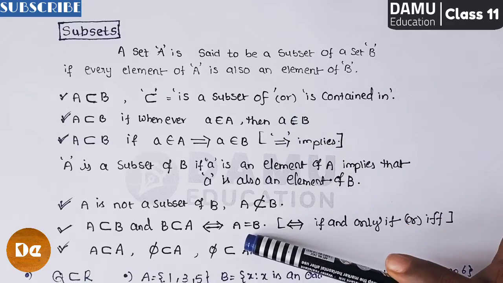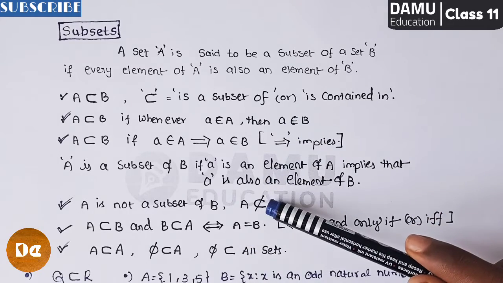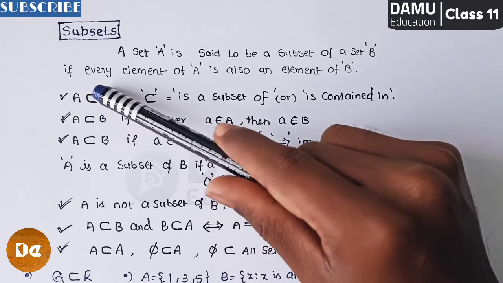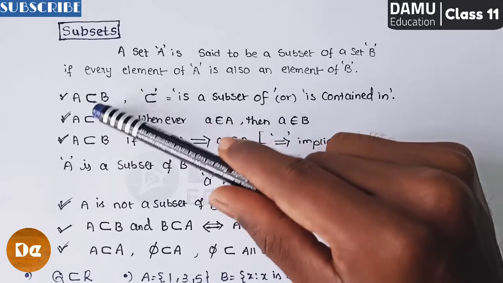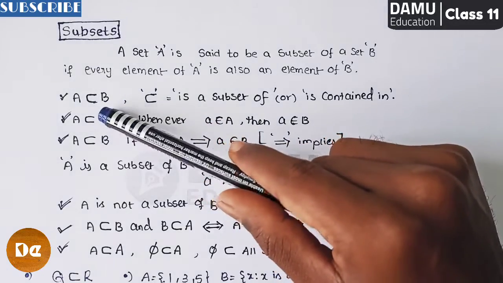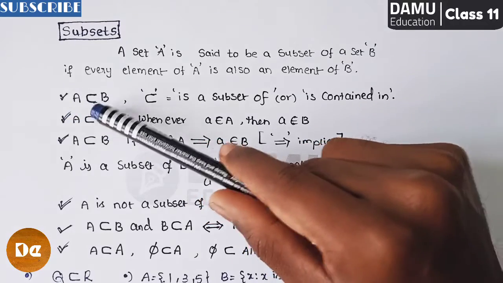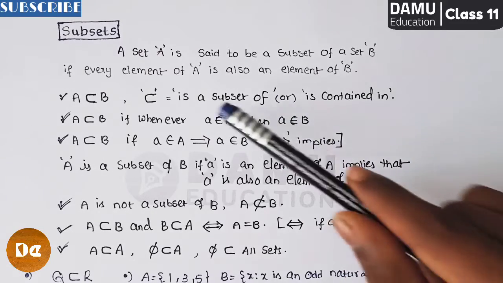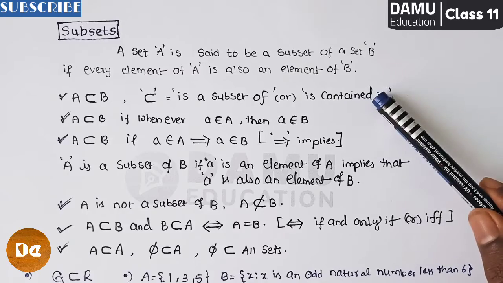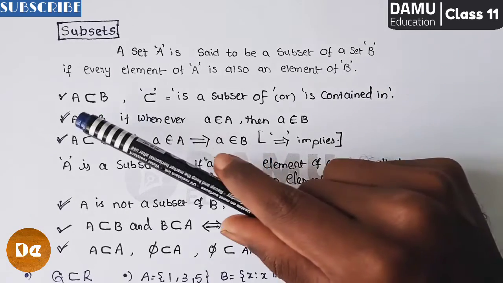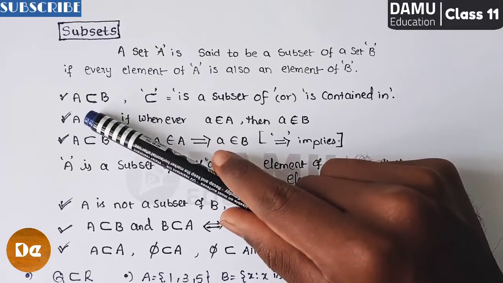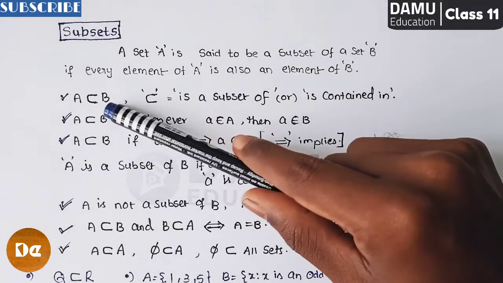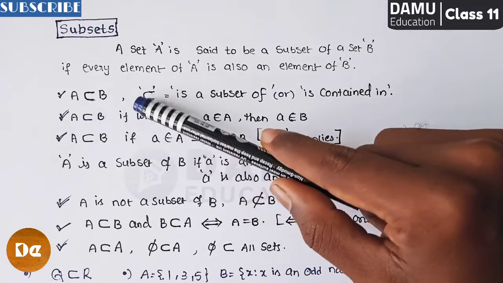Then we'll see point wise what the definitions are and what the important role of this is. Then we can move on to the examples. So here they write a long C, or you rotate it, you can call it long C also. A subset to B, this is the symbol. So you can read it as "is a subset of" or "is contained in". I will read carefully, listen: A is a subset of B or A is contained in B. That is the subset meaning.